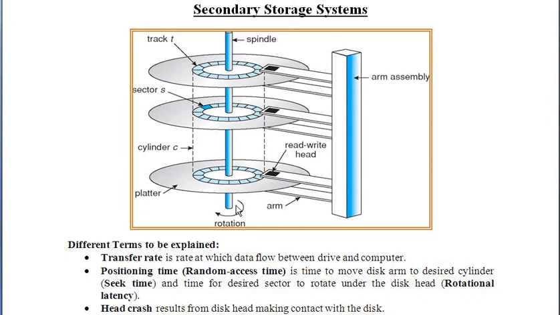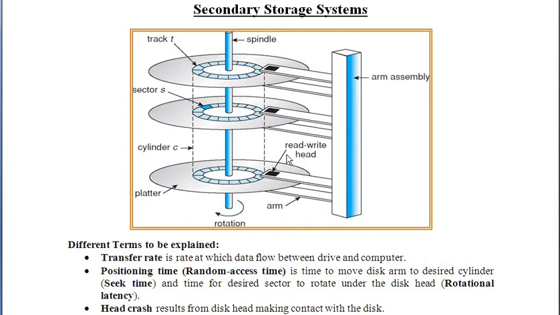Now let us see, and this is what we call the spindle. So the spindle is used to keep all these platters. Here there are 3, there might be 10, 20, in a rigid manner, so that whenever there is a rotation of this particular spindle, all platters rotate. So this is required to make sure that we can access the information. I repeat, the spindle is used to keep all the platters intact.